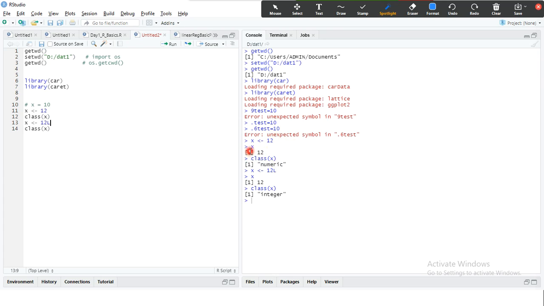The R interpreter by default assigns the float data type, which is nothing but numeric. So this is how you can override the default behavior of the R interpreter, by suffixing the number with L. It will become the integer data type.